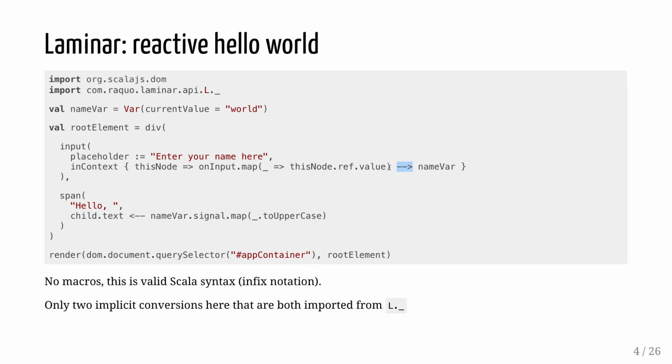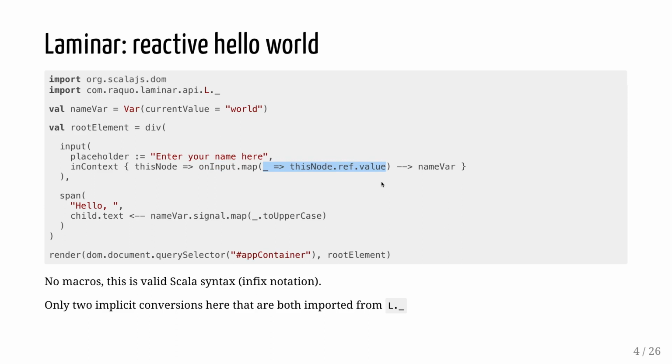Which means that whatever's on the left is being sent to namevar. And specifically, this describes both what will be put into the namevar and when. onInput is the when part. It's a browser event that fires on every key press as the user types something into the input, or it also fires when the user pastes something into this input. And what we're mapping it to is an expression that lets us grab the current text value